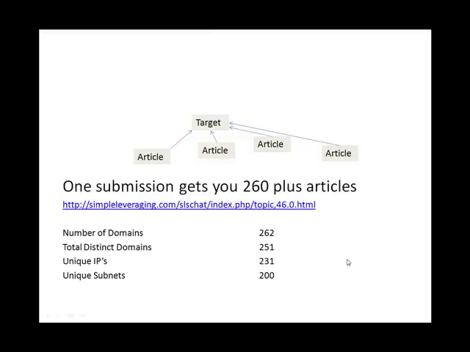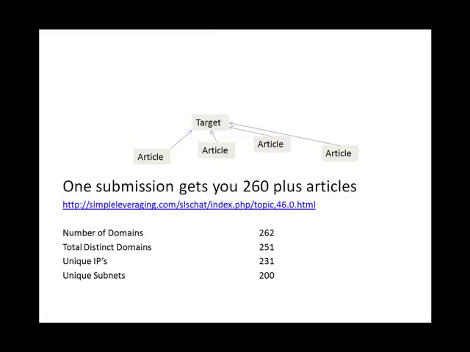We've done a bit of research. Well, we always do this. We monitor all the things we get involved with. The reason this network is so powerful is, as it stands at the moment, it has 262 article directories, all on 262 separate domains. Distinct domains, of which there are 251. I suspect, though I haven't really gone through them, that a couple of people have domains on shared IP, shared hosting, things like this. If you go down here, you'll see that underneath it, it has 231 IPs.